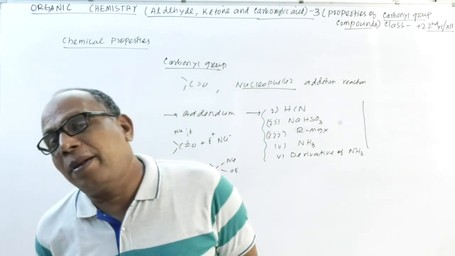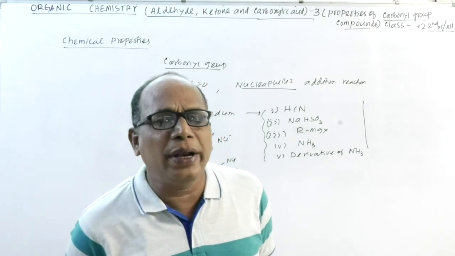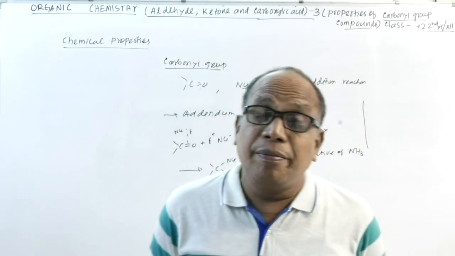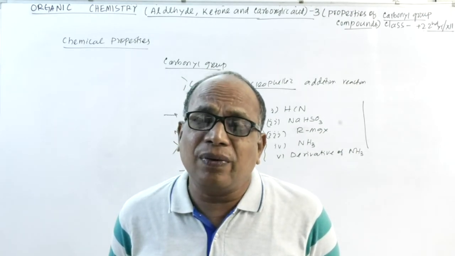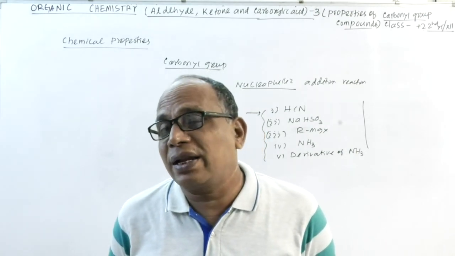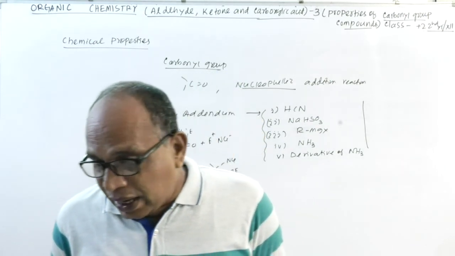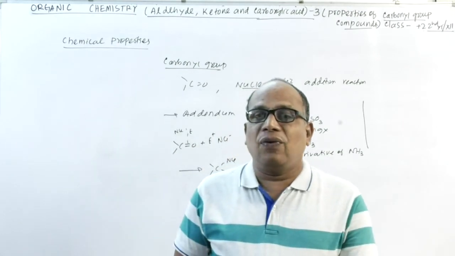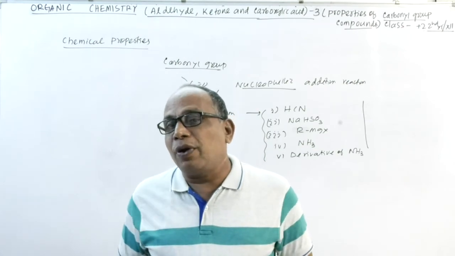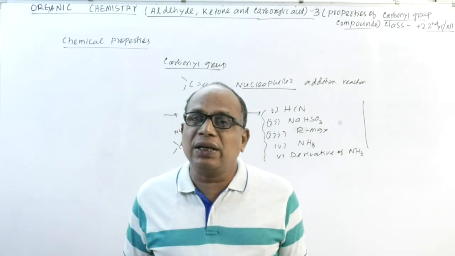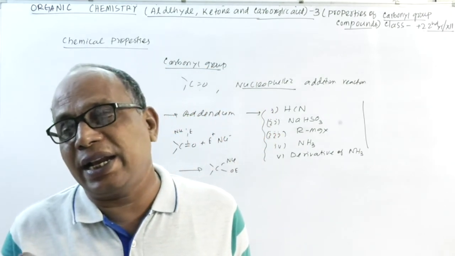As compared to aldehydes, alcohols have a higher melting point and boiling point, because in alcohol there exists intermolecular hydrogen bonding, but not in the case of aldehydes or ketones. And finally, we discuss what type of reaction the carbonyl group compounds present in aldehydes and ketones undergo. The carbonyl group compound always shows nucleophilic addition reaction.